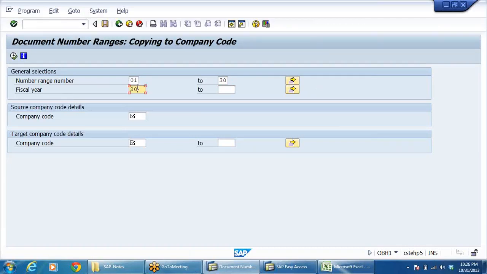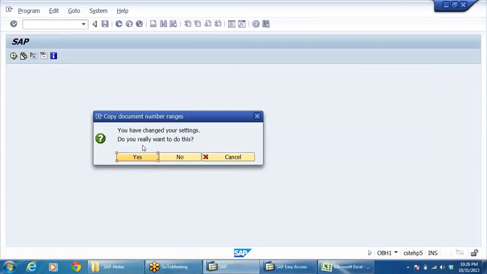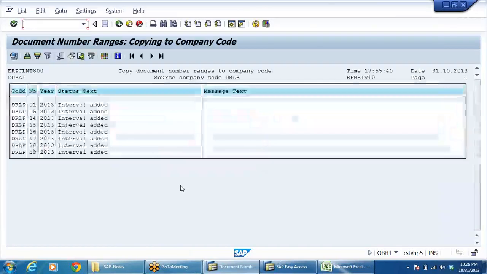Fiscal year 2013, company code DRLB and DRLP. Right, execute. So 1, 5, 14, 15, 16, 17, 18, 19. So everything, the intervals, got added.